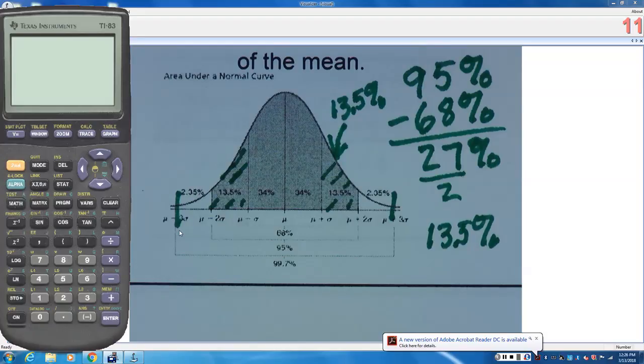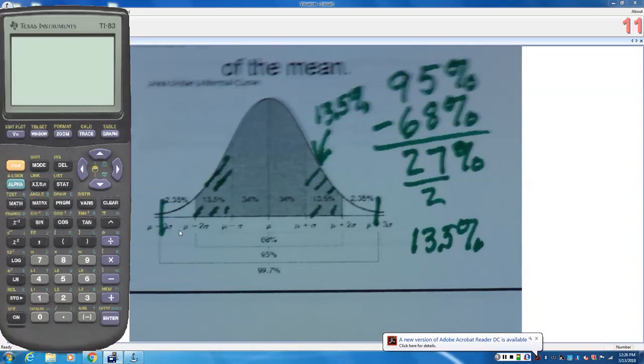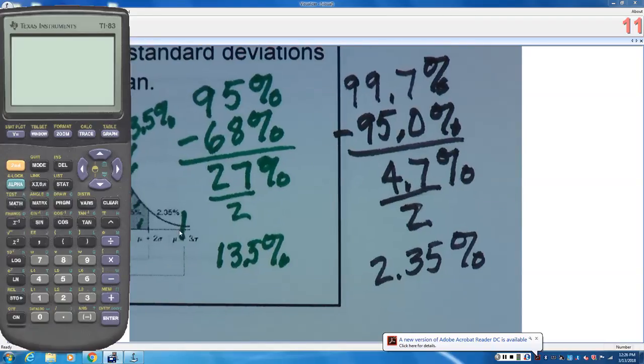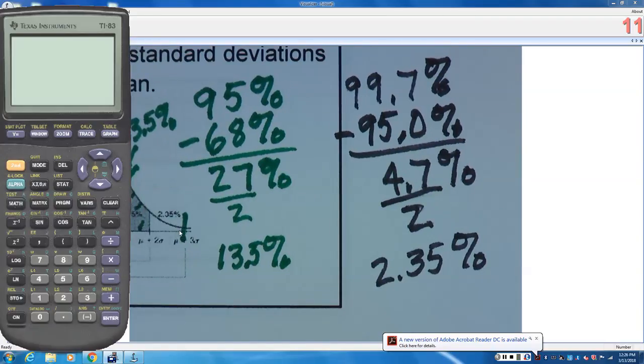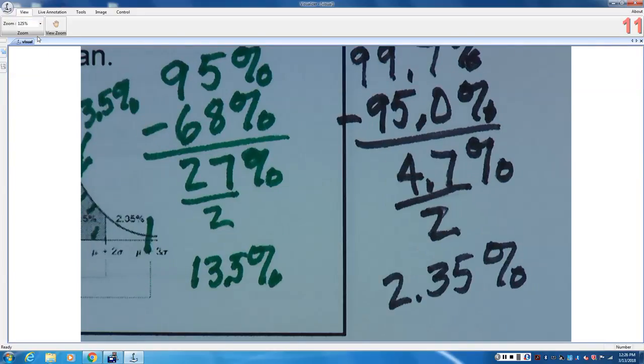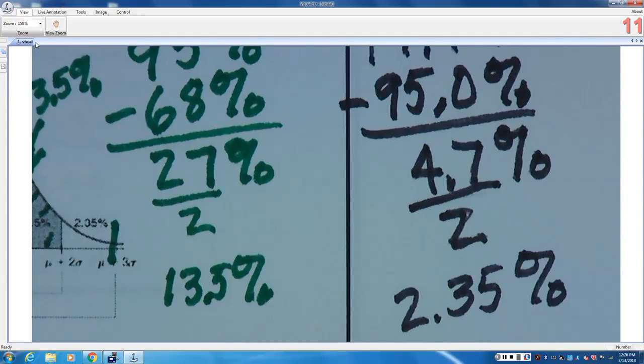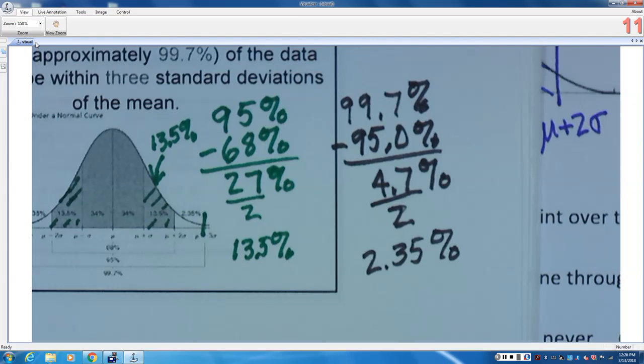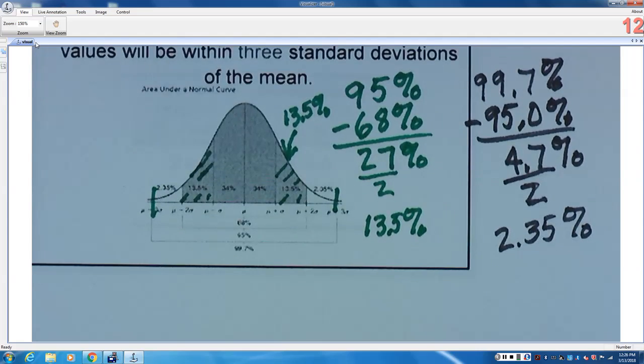So you can do the same computations. Oh, I've done it here. 99.7% minus 95. Get rid of the calculator. Oh, that didn't help. I think it makes it blurry when I do this. No, it didn't. Okay, then we can make it. So, we had